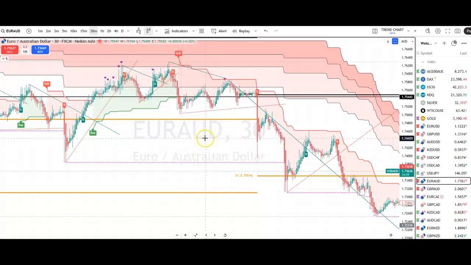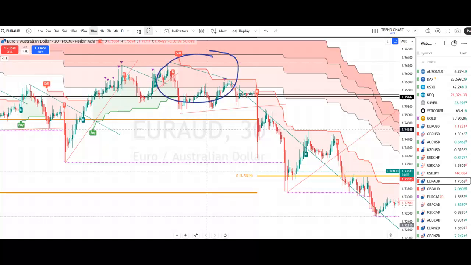So we can see first of all, at the beginning of the move on the Euro Aussie, this is a 30-minute chart. We can see it's come into the Fibonacci area, the sell zone as we call it. The sell zone's also on the 4-hour as well, so that's nice. We'd like to see that. But also what you can do,